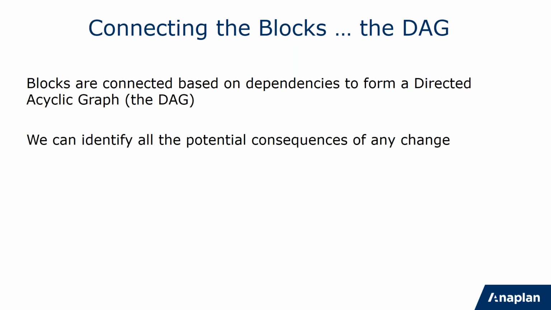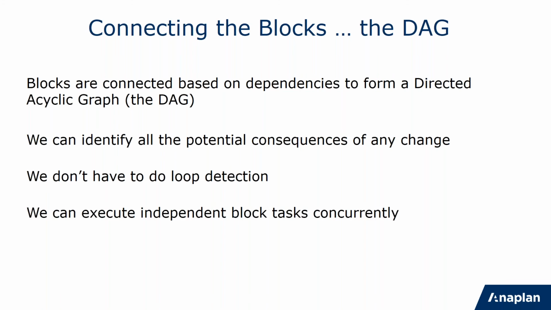And it does give us a couple of things. One is that if you change a particular line item, we can just look at this graph and determine all the downstream blocks that change as a consequence of that. The other thing is that when we're doing the calculations, we don't have to put in any special code at calculation time to check whether we're in some continuous loop or not. Loop detection actually slows down your calculations quite a lot, but because we've checked up front that there are no circularities in those calculations, we can just go straight ahead and crack on with the calculations themselves.